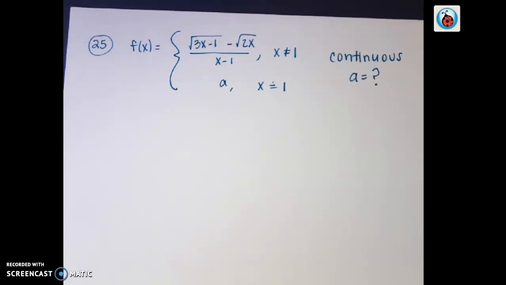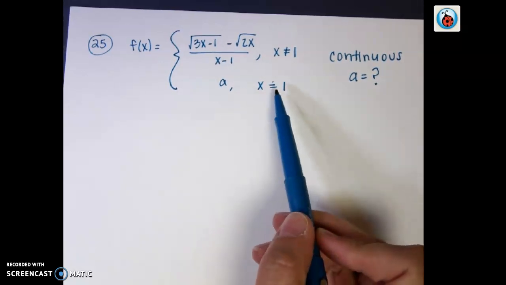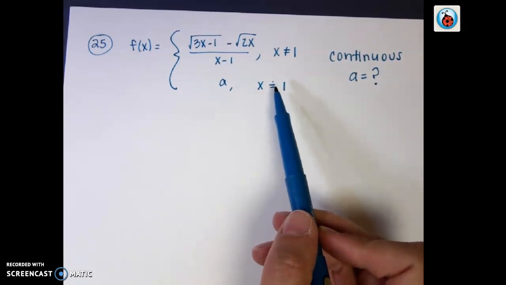Okay, so for number 25, it says that this piecewise function is continuous at x equals 1. So guys, remember, for something to be continuous, it has to be defined. Defined means that it just has to be equal to it. And then it also has to mean that the limit from the left and the right have to be equal